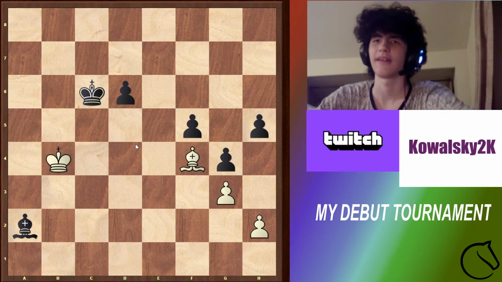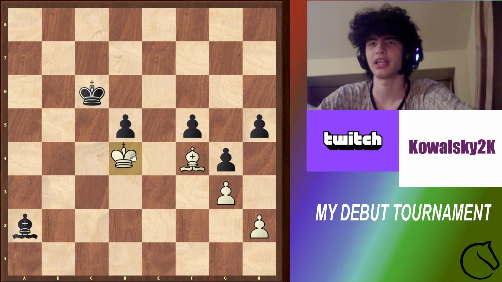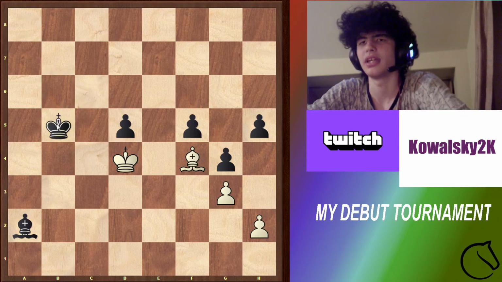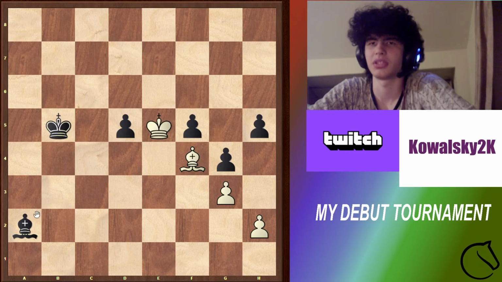I should just come with the king, and if he pushes d5, I can just come king to d4, and there's no way he enters my position. Like, there's no possible way he enters my position. Because if he wanders off too far, then I can just simply come in with the king and pick up these pawns one by one, because